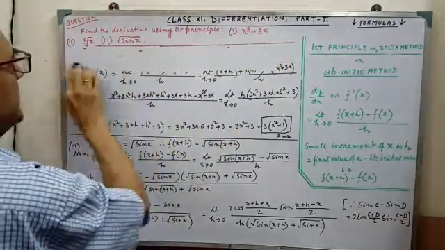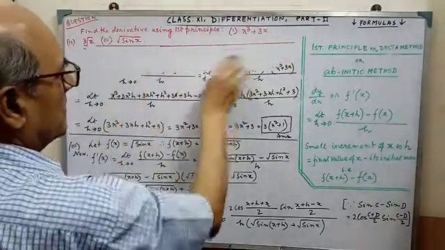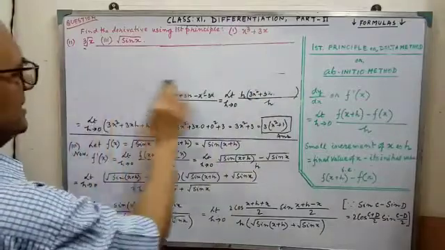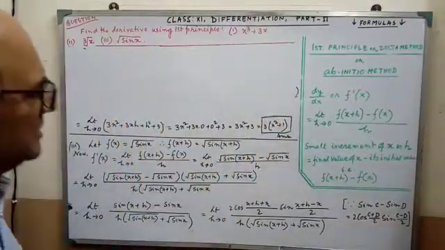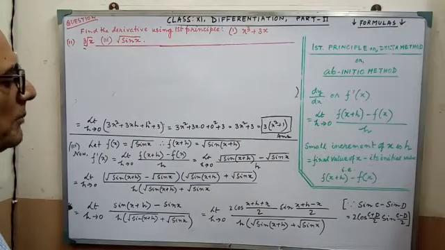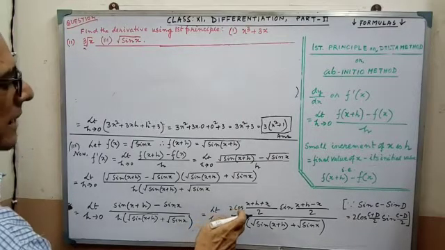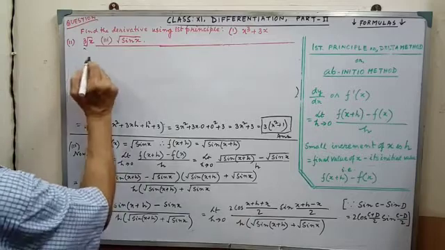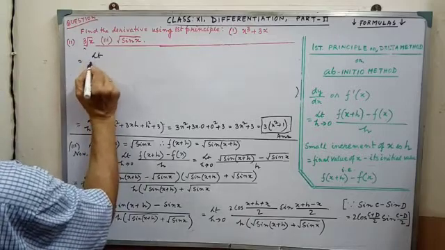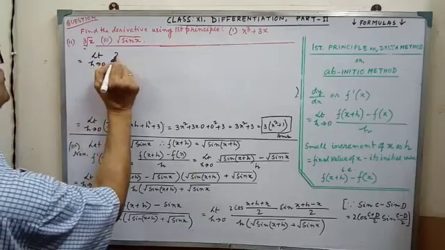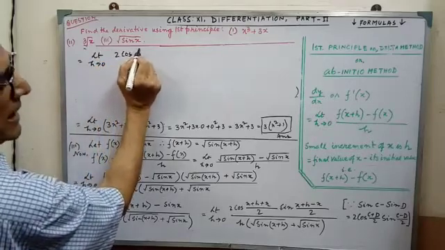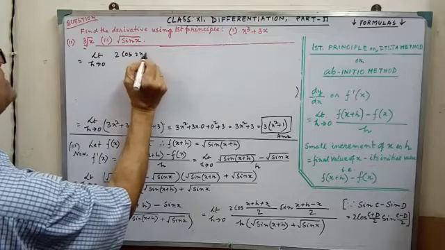If you pay attention, I think there is no problem. Easily you will understand this differentiation, and I think you will feel very comfortable. Now, by simplification, it equals the limit as h tends to 0 of 2 cos x plus x, that is 2x,